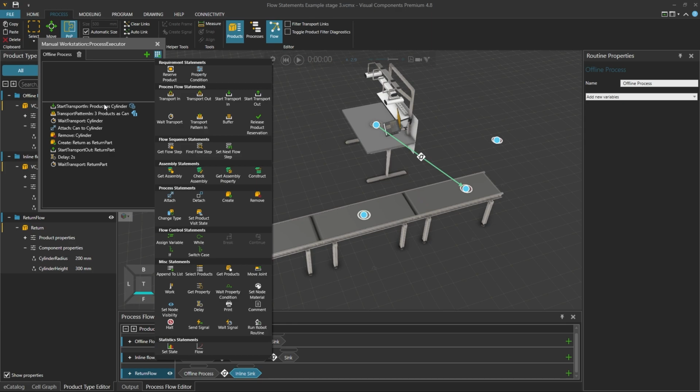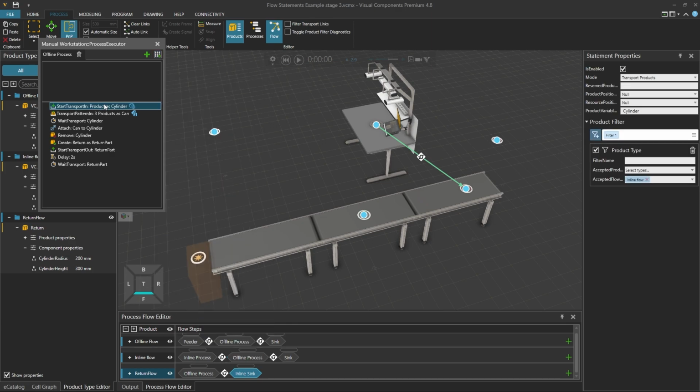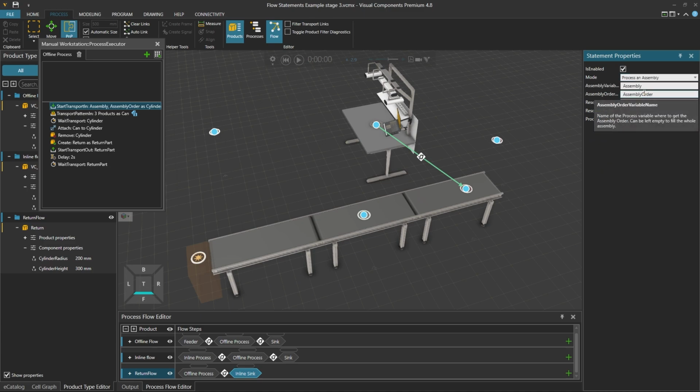And selecting the start transport in statement as an example, there is a secondary mode that is not just for transporting in an individual product, but for processing an assembly that has been defined in a product type editor. And these statements can be used to partially or completely assemble or disassemble the assembly. And there are separate tutorials on assemblies and related statements, which we will link to